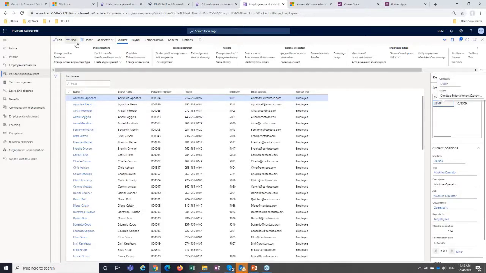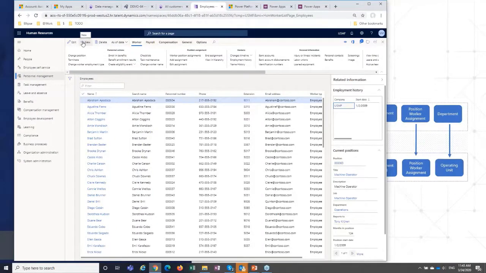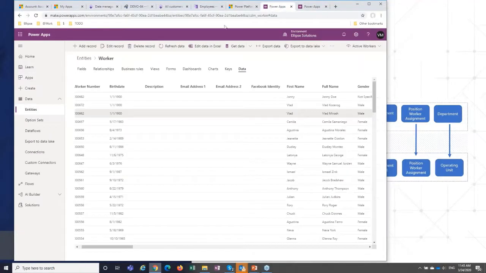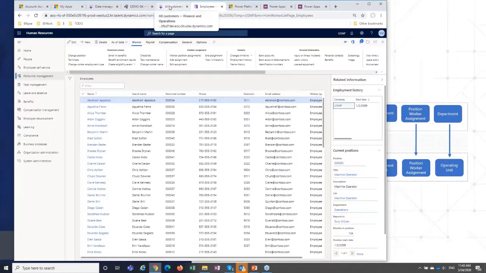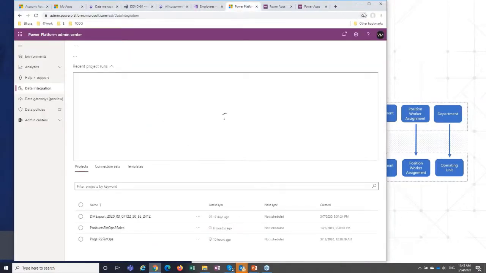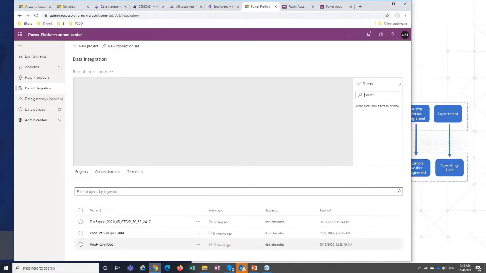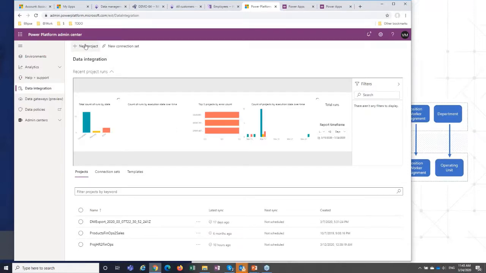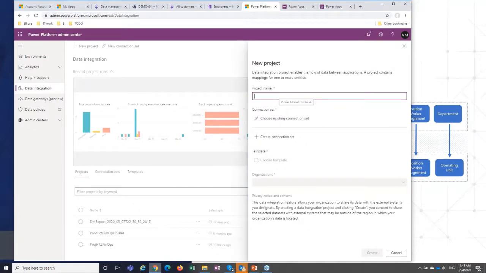All right, let's hire the new employee here. Oh, hold on. Let me first show you the integrator, and then we'll proceed with creating the worker. Where was it? Here. Okay, so data integrator: to enable data integration with the classic data integrator, you have to create a new project. Let's go through the steps and I will show you how easy that is.